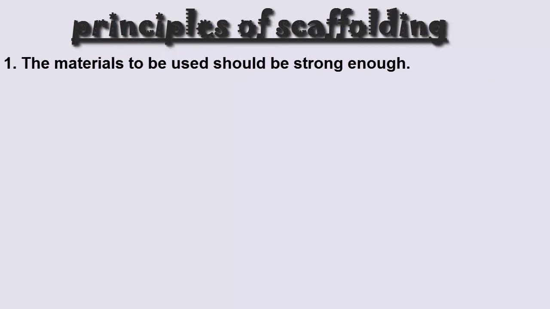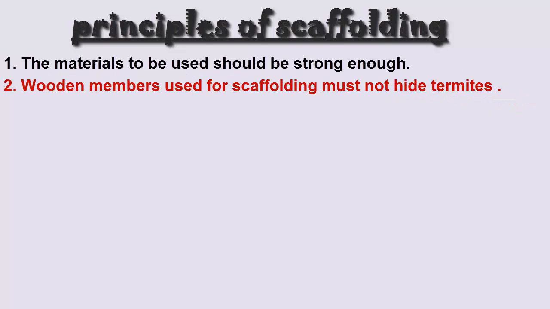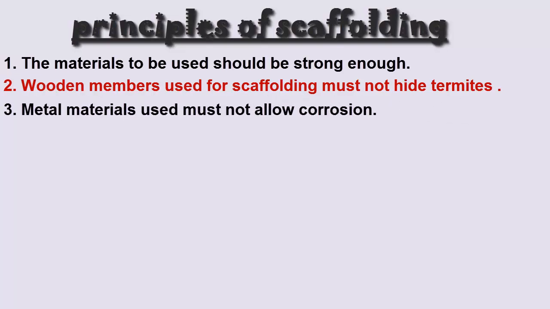What are the guiding principles? First of all, the material you are going to use for the erection must be strong enough. Two, wooden members used for scaffolding must not harbor termites, and must not be so weak that they will collapse during usage. Three, the metal part or any metal material must not allow corrosion, that is, it must not be corroded. Four, the standard